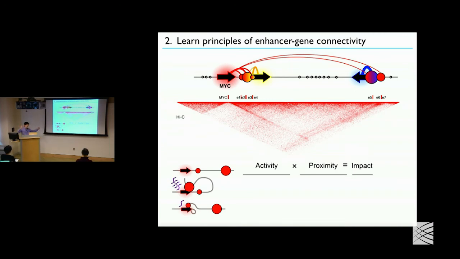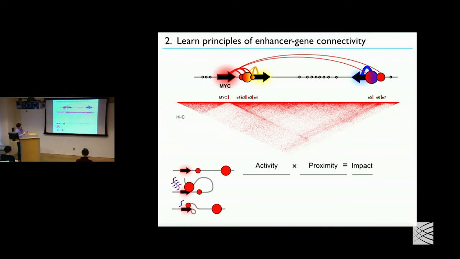So instead, we thought about this model that I presented at the beginning, where enhancers are floating around in space. When they contact each other, that's when the magic happens. Perhaps each enhancer has a different strength related to how frequently the transcription factors are actually bound. If you were to imagine putting those together, you could create a simple model where each enhancer would be described by a quantity that I'll call its activity, which is how much transcription factor stuff is there, how many RNAs would be produced when it bumps into the promoter.